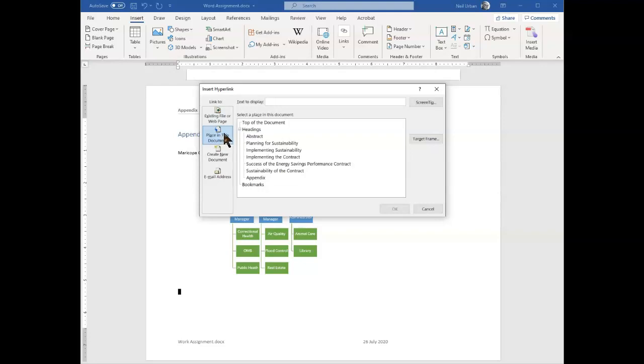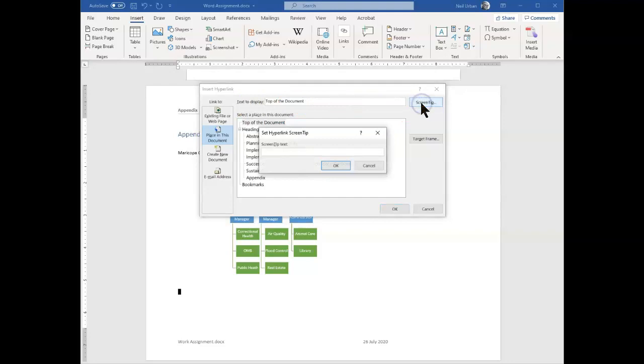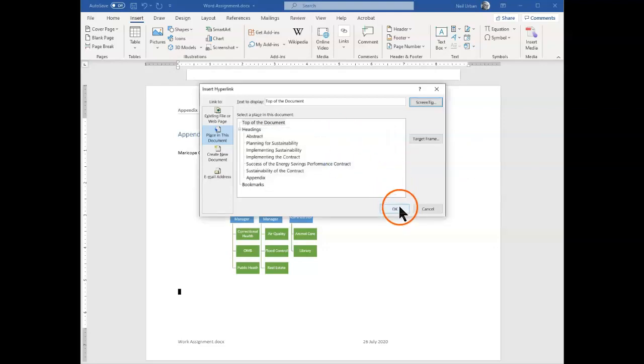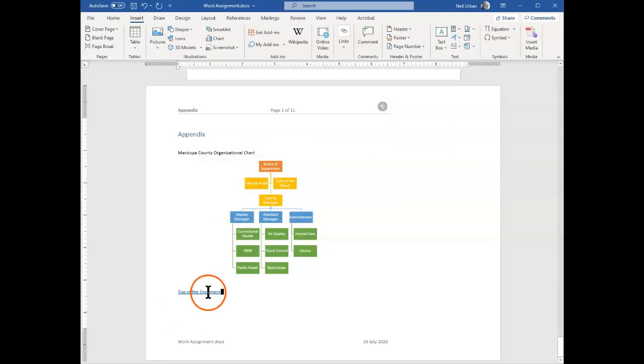And we can just go to the top of the document. And so the text will say go to the top of the document. And our screen tip this time is go to the beginning. Okay, and we say OK and OK. So now we say Control click,